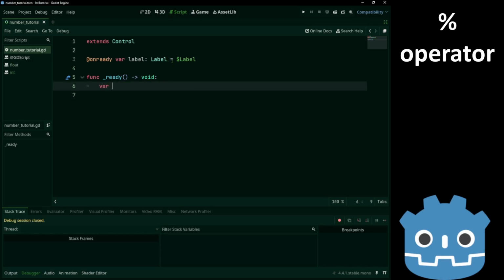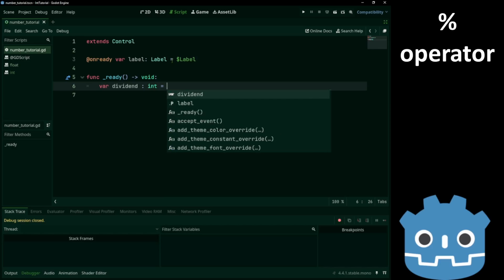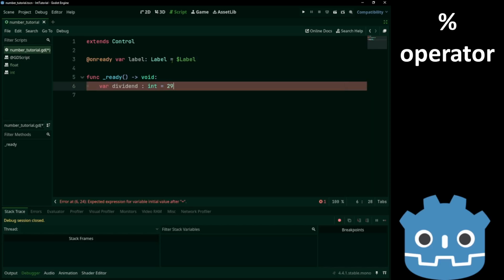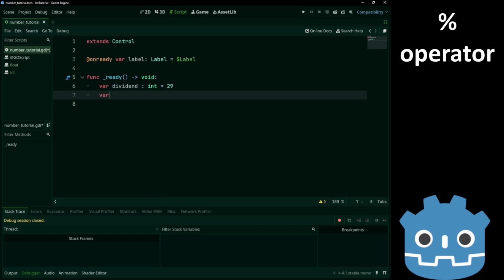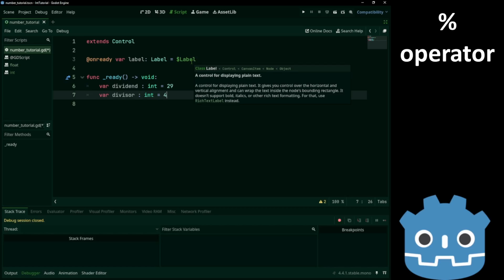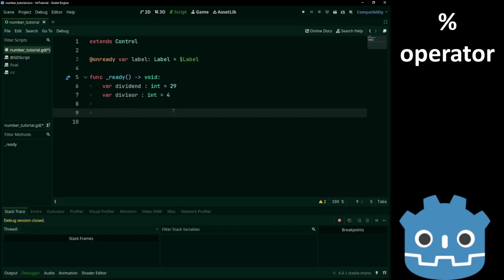Now, let's create two variables. The dividend, which is an integer, and a divisor. Now let's get the integer division.